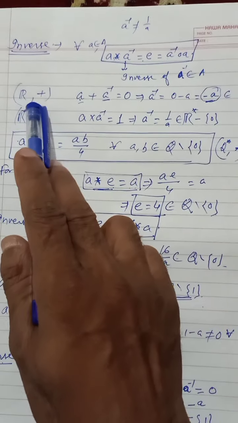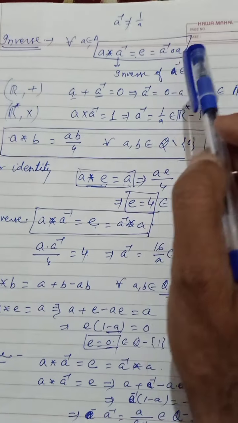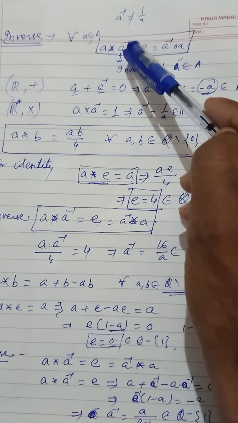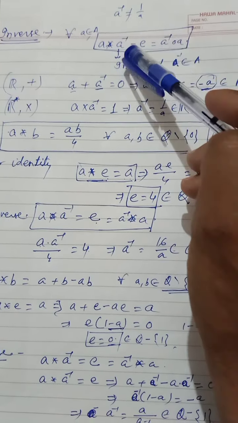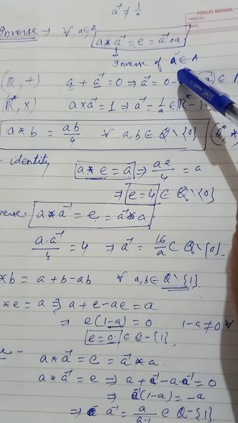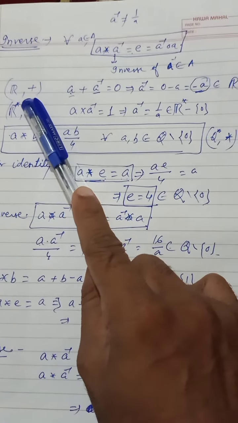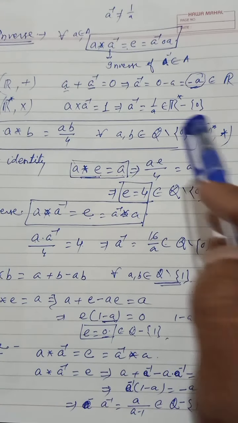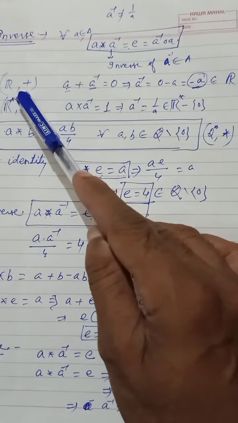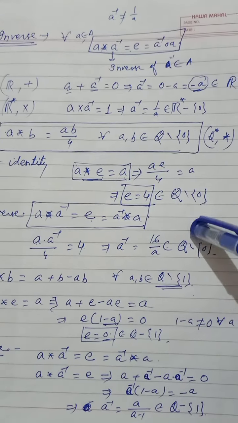Check with respect to real numbers, with respect to the addition operation. So A plus A inverse is equal to 0. One thing more: A inverse, A power minus 1, that is A inverse. A inverse doesn't mean 1 by A. Here it is notation. Always remember, A inverse here denotes the inverse of A, which is not equal to 1 by A. Okay. So with respect to addition, we are finding the inverse element. A plus A inverse is equal to 0, because the additive identity is 0.